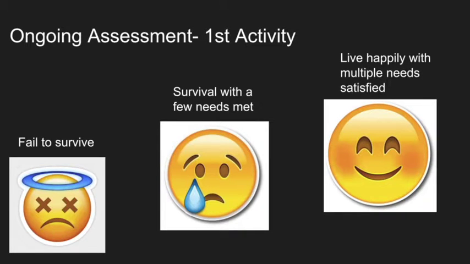Success means students will be able to classify and prioritize their own list of items according to Maslow's hierarchy of needs. The criteria for the first activity is whether or not the 10 items picked allow the students to survive on that planet and how many layers of human needs they are able to satisfy. The more layers of needs they are able to satisfy, the happier life they will have, which means they are more successful in this particular activity.